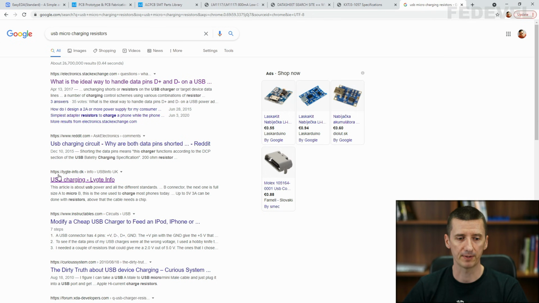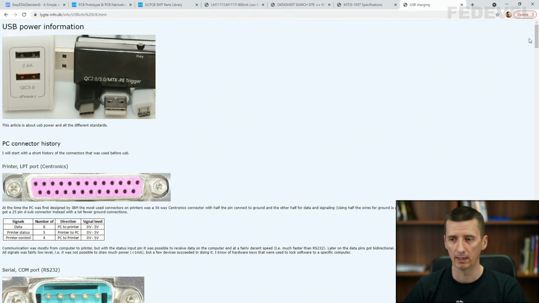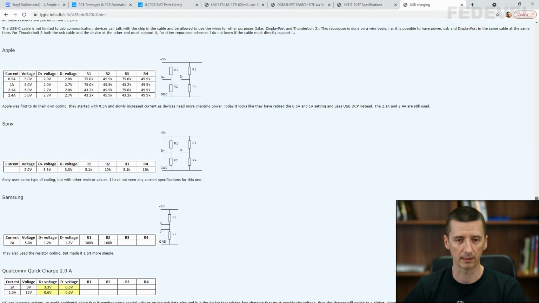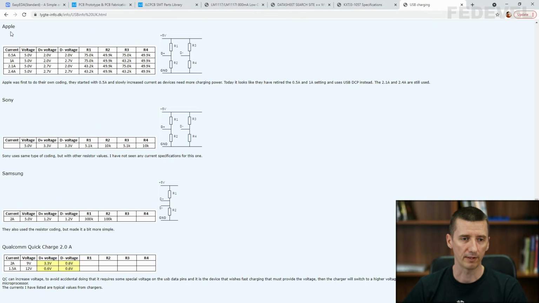There are a number of websites on this topic, and usually you will find information something like this. For different manufacturers and different currents, you may want to use different resistor values and different resistor connections between these D+ and D- pins and the power and the ground.